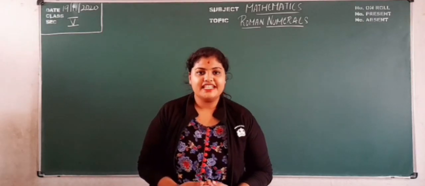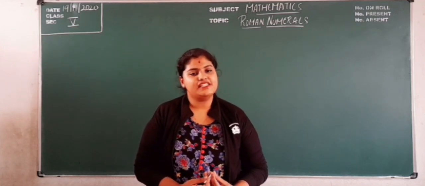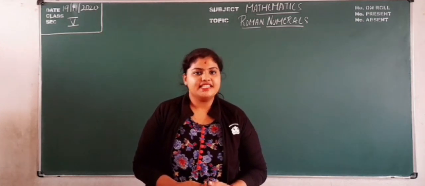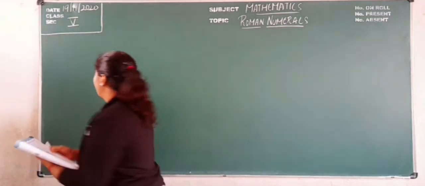In our previous class under the chapter Roman numerals, we have solved the exercise problem, that is in the first main. Now we shall see the second main in the exercise problem. So under exercise 1,